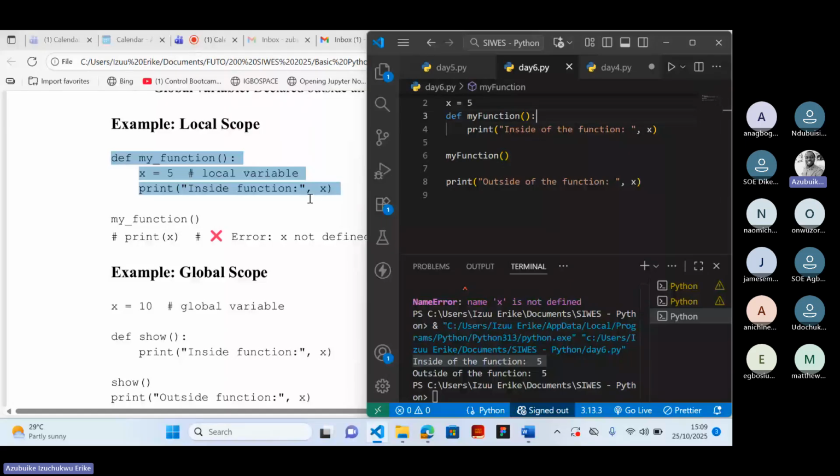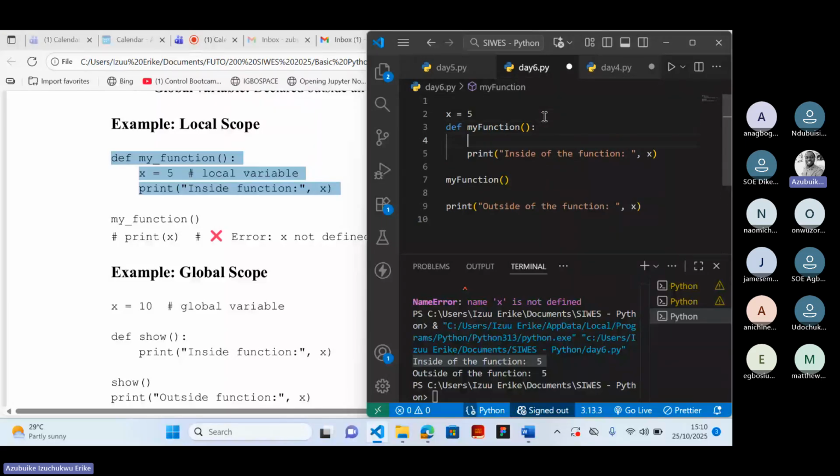Now, if you created something inside of the function but you want it accessible outside of the function, you can still do that by declaring that variable global. All right. Now, if I come to this place and say global y is set to